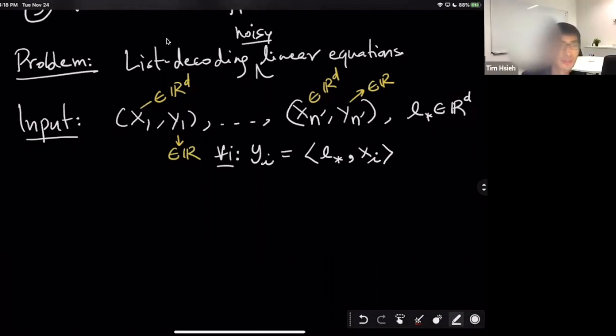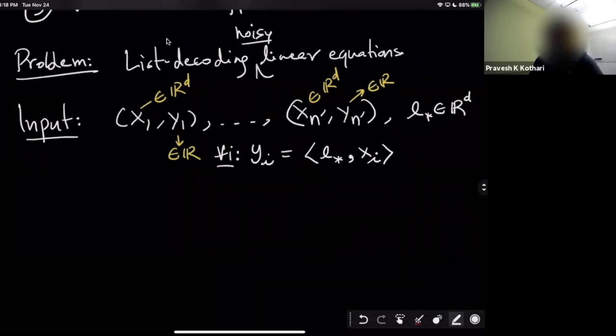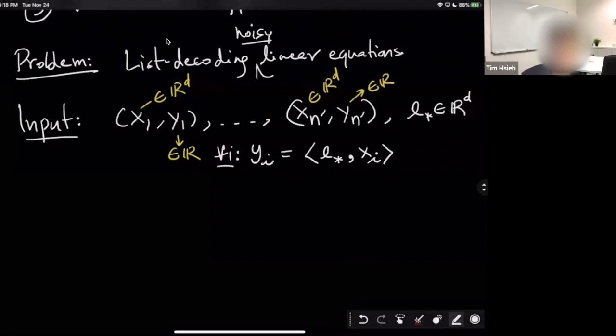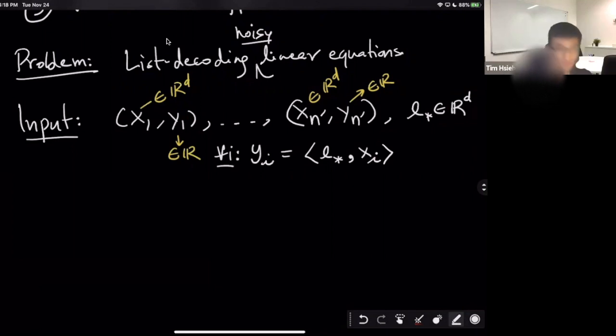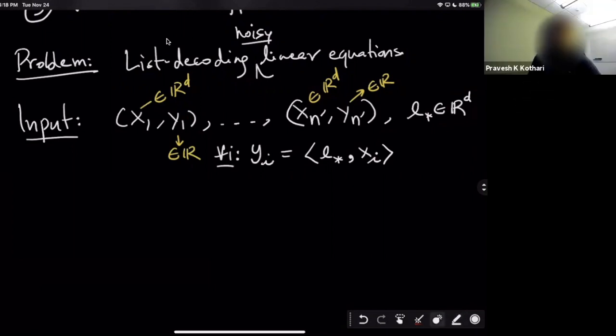Linear regression. Yeah, so Tim speaks like an ML person, but Tim, these are linear equations. You don't have to do any regression. You simply have to do Gaussian elimination. Oh yeah, there is no noise. There is no regression business going on here. You're simply trying to calculate a vector that satisfies a bunch of linear equations. So Tim is right, though. What we want to do today is also to adjust to noise, etc. But I'm going to completely ignore that part. We're not going to focus on the noise part. In order to make sure that we are doing something not of interest to machine learning, we will ignore noise.